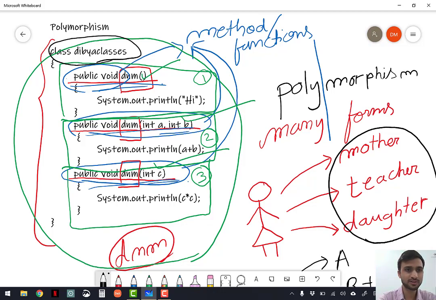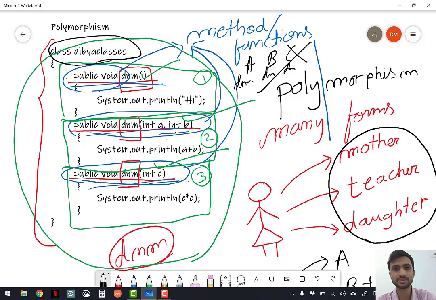So all the functions which are being overloaded should be present within the same class and not in different classes. Like there is class A, class B and class C, and DNM is in class A also, B also and C also. No, this is not function overloading. In function overloading, all functions having the same name should be present inside the same class. And here the class is Divya Classes.